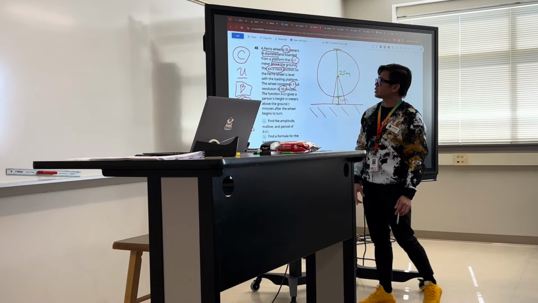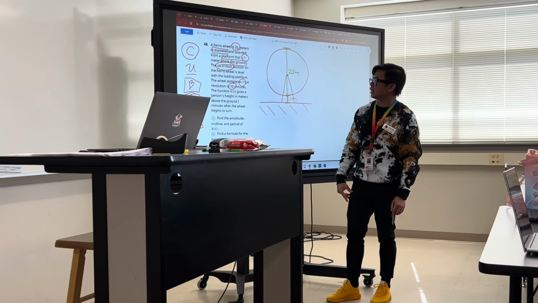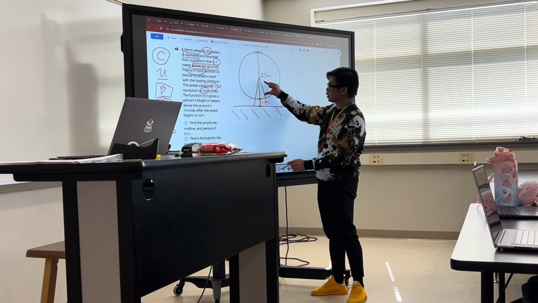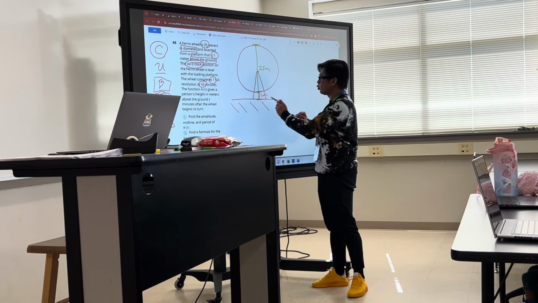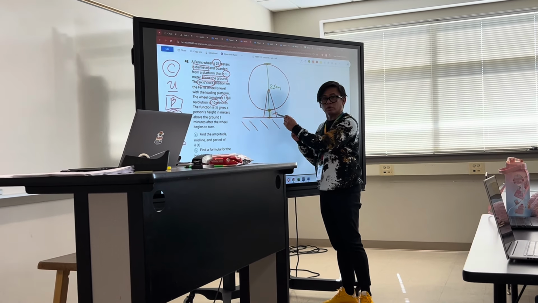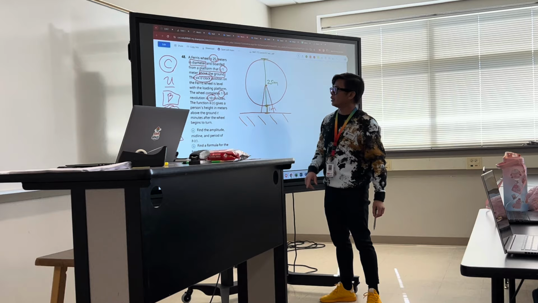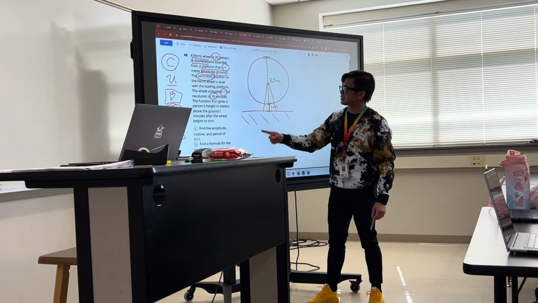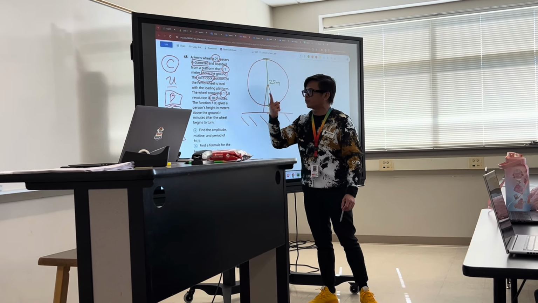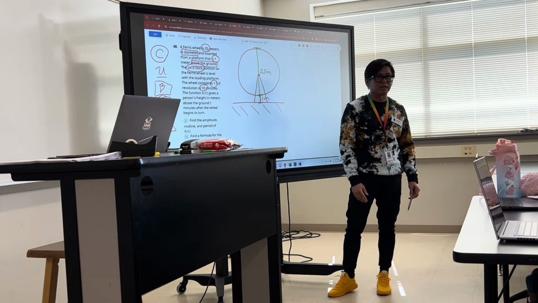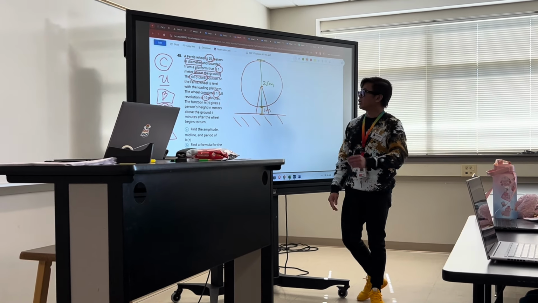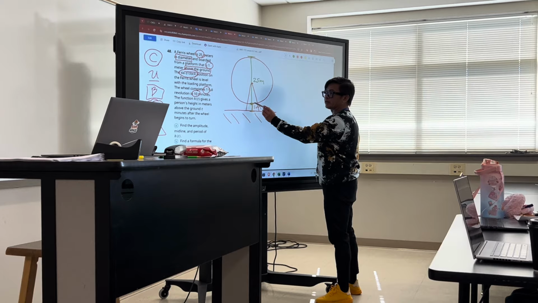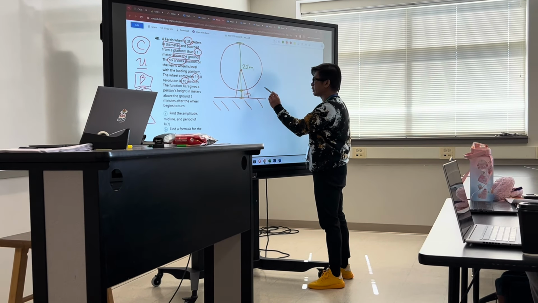The 6 o'clock position on the Ferris wheel is level with the loading platform, right? So the 6 o'clock position is in here, and the loading platform should be in here. So that's the 6 o'clock position, right? Get it? And then it also says that the wheel completes 1 full revolution in 10 minutes, right? So that means if you start from here,